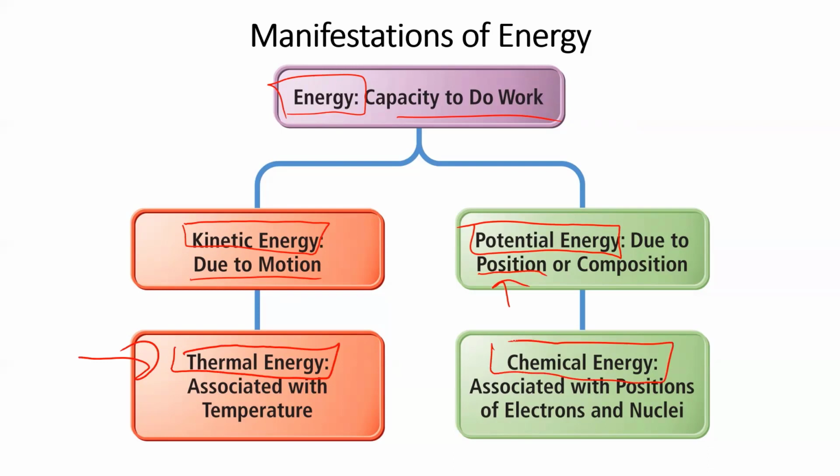chemical energy. And if you've taken bio and you've learned about cellular respiration, what do we do? We consume glucose to form ATP. Well, what do we mean by ATP? ATP is stored chemical energy. Why? There's new positions in those bonds, in the phosphate bonds, that allow us to release energy in the future. So that's our kind of discussion on energy.